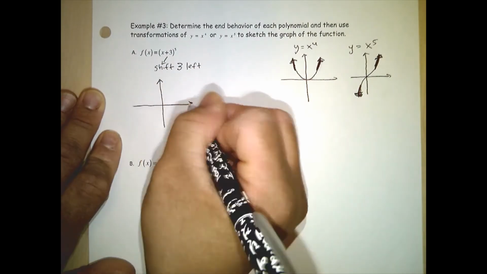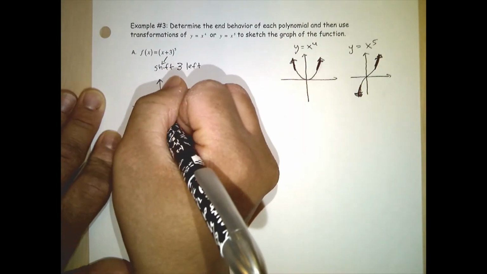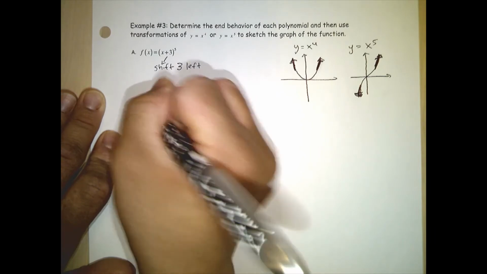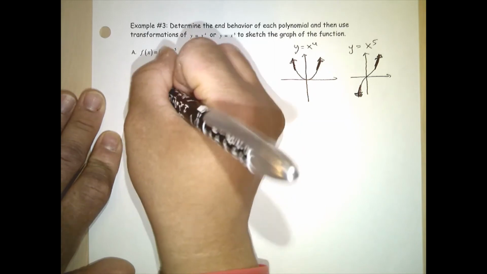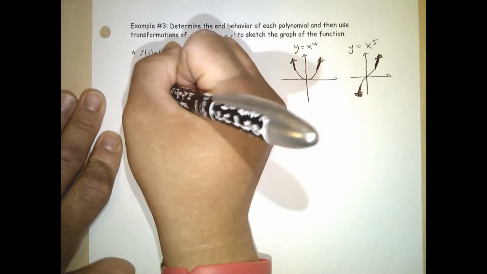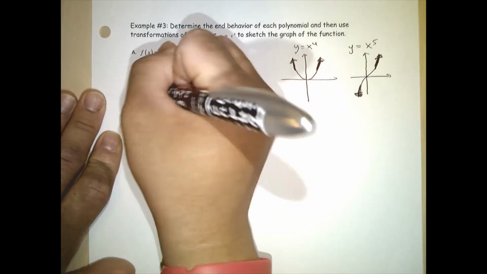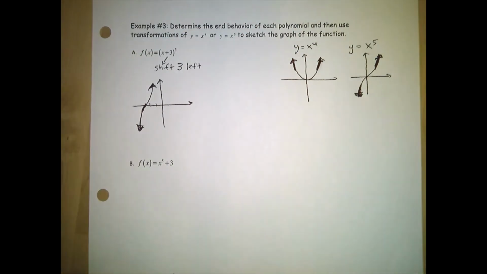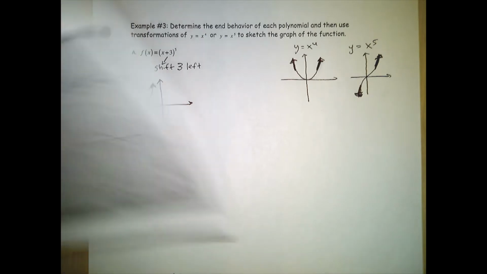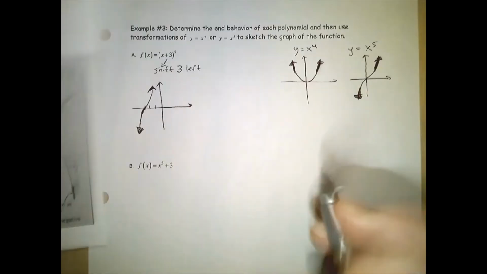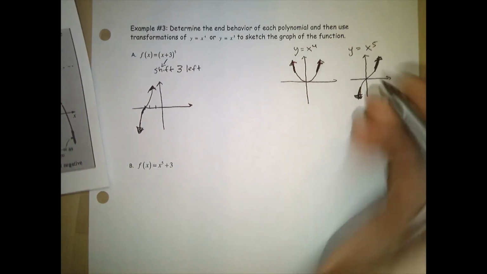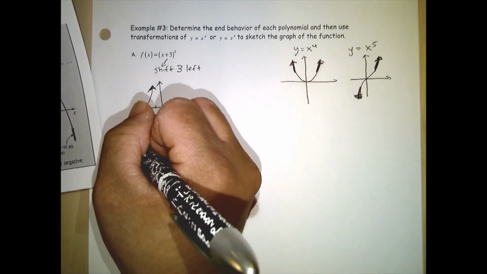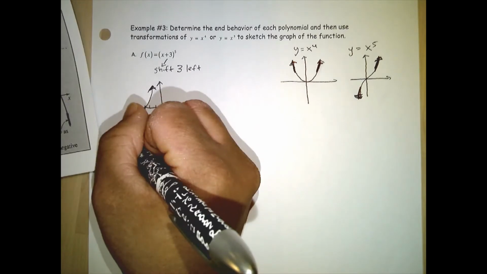So I know that I have 1, 2, 3 units to the left, and this is what the graph will look like. All right. And if I wanted to write out the end behavior formally, I would just use the information that's on the sheet here, right? So the end behavior for x to the fifth would be right here